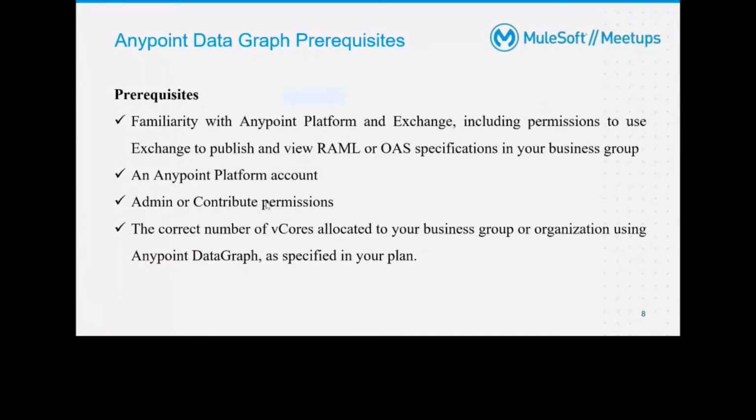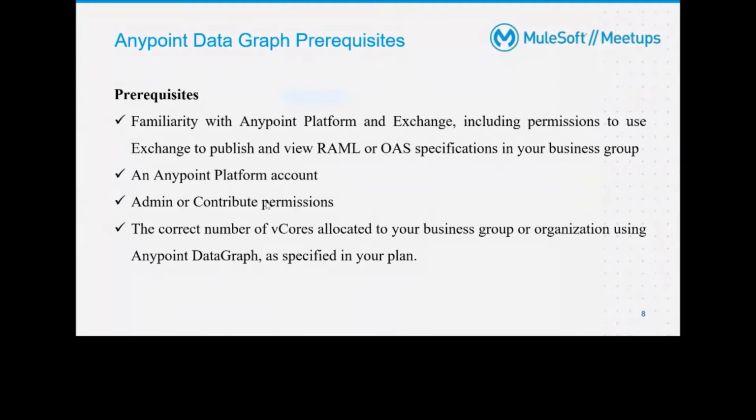Now, what are the prerequisites to implement this data graph, whether you want to learn it or use it in your organizations? We should have the Anypoint Platform, and you should be aware of Exchange and of RAML or OAS specifications, that is, API specifications.